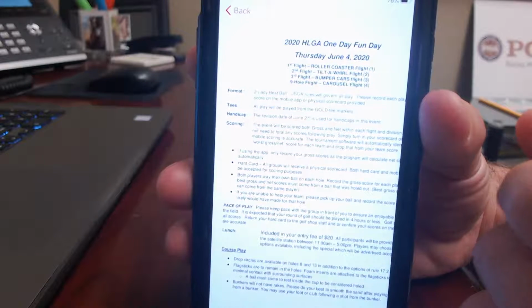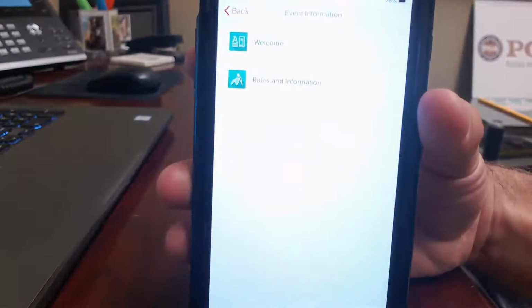So as you can see, we have a lot of information here, and this is going to save us a lot of paper, and it's going to allow you to have this at your disposal at any time. I'm going to navigate my way back. Again, we have different options here, but I'm going to go back down to